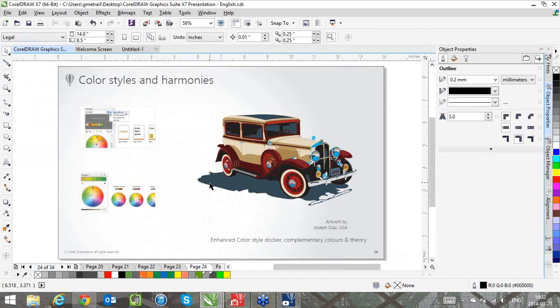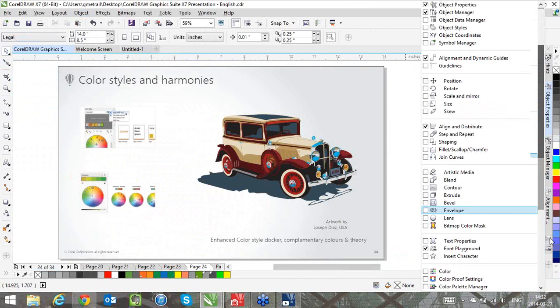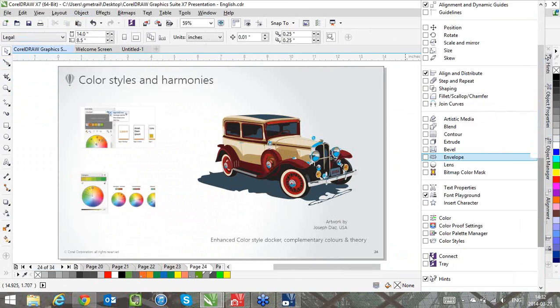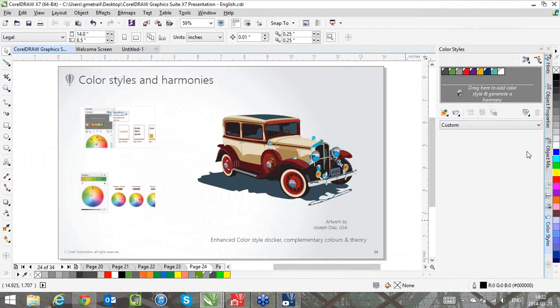Color styles. This is also something very important for our users. Color styles and styles overall is something that we introduced with CorelDRAW Graphics Suite X6. And with CorelDRAW Graphics Suite X7, we've continued to enhance our color style offering and our color style functionality. So let me show you first very quickly